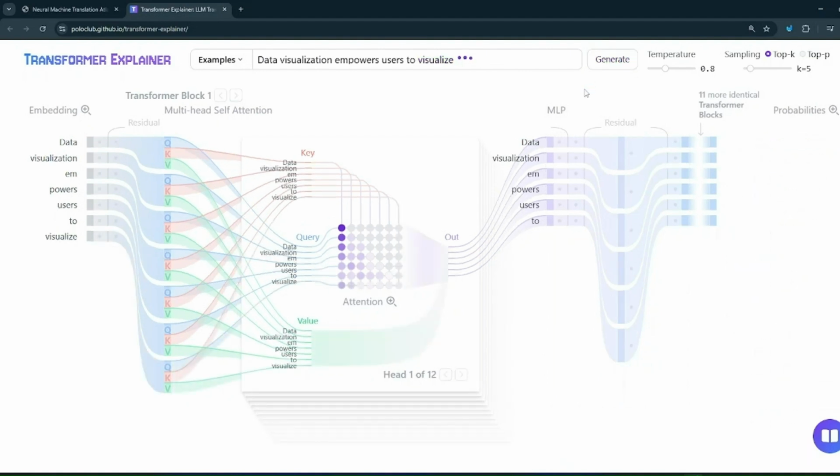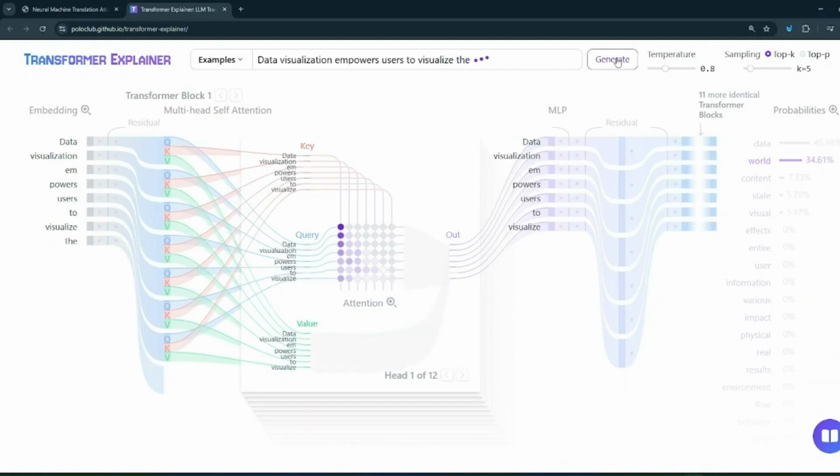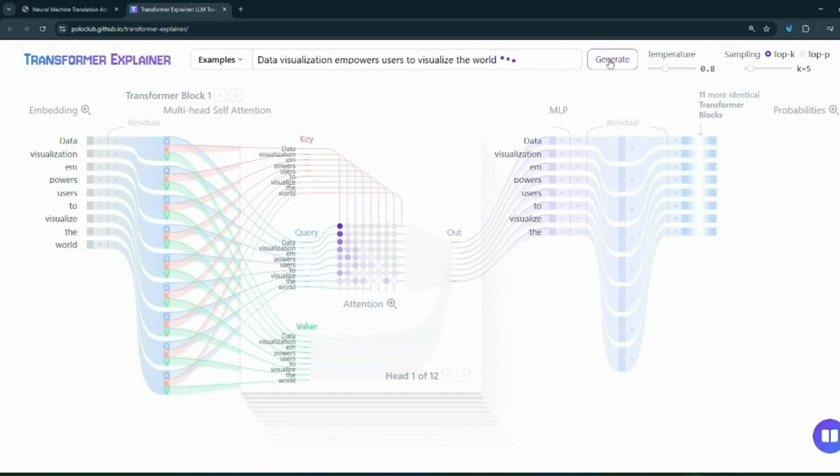You can see now it does one forward pass and then it tries to generate, and now the model generated that. Let's click another time. You can see it will generate another token to visualize the world. So data visualization empowers users to visualize the world, and then click generate around